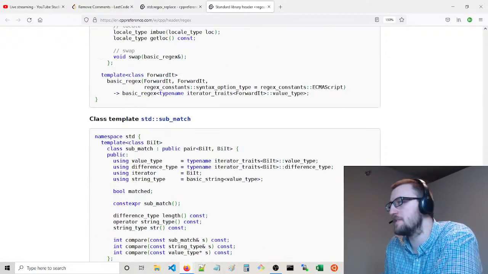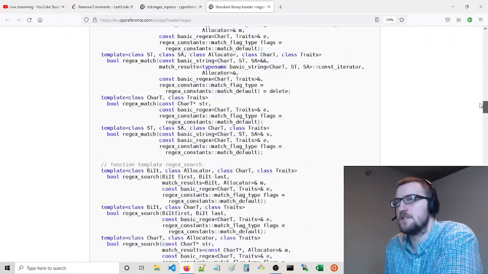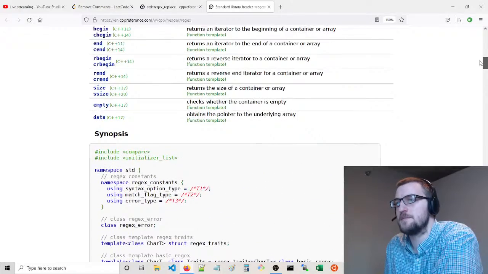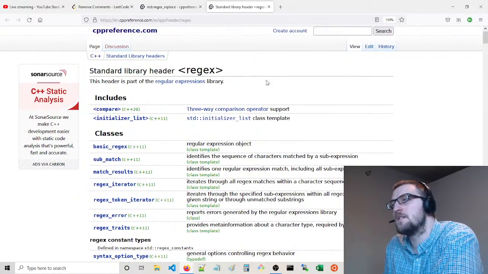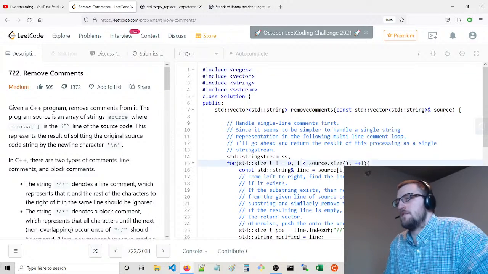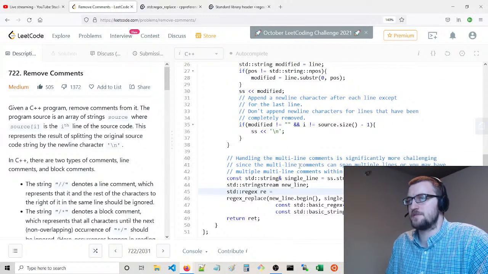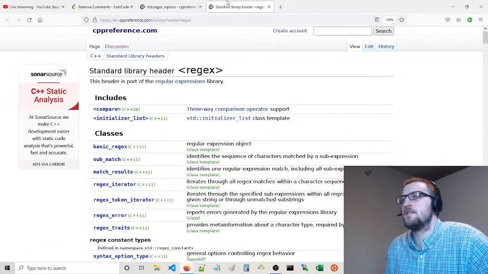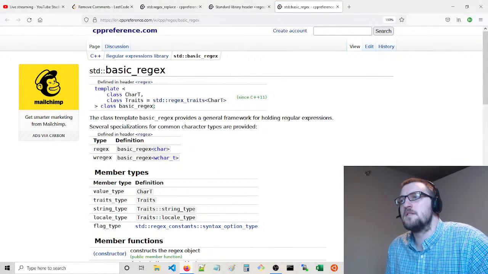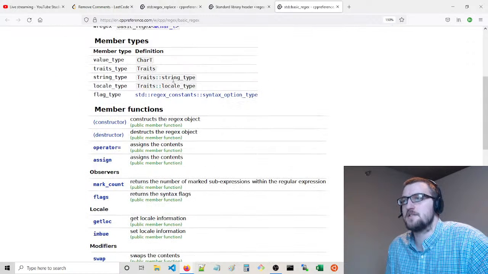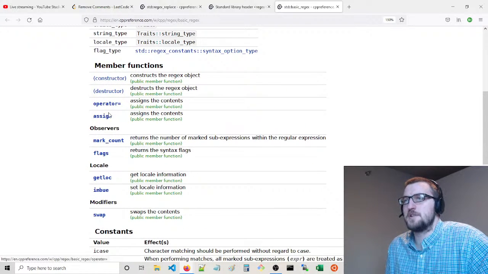I'm a little confused here about what I'm looking at. Synopsis. Yeah, I don't use the C++ regex library very much. Oh, there is a regular regex, nice. Okay, basic regex.